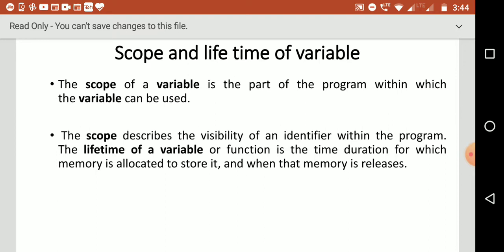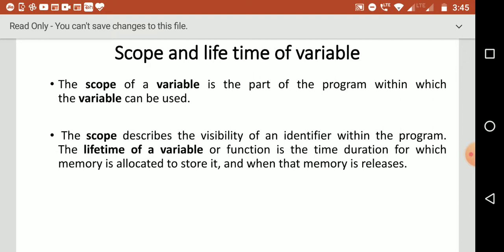The scope or lifetime of a variable is to what extent a variable can be used inside a program. That means how far the variable remains alive. Suppose in a procedure you declare a variable x, then the life of that variable is there only inside that procedure.